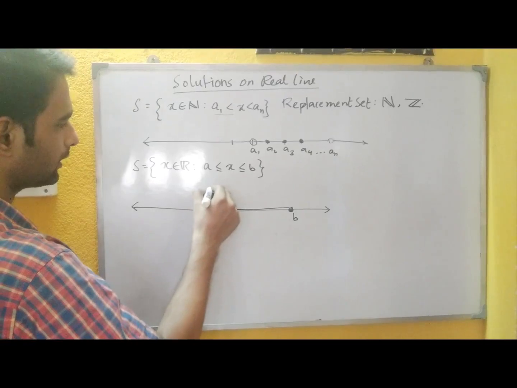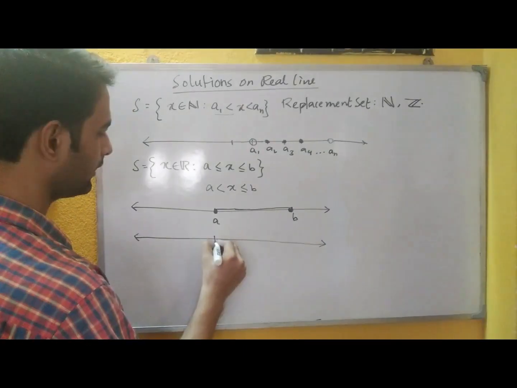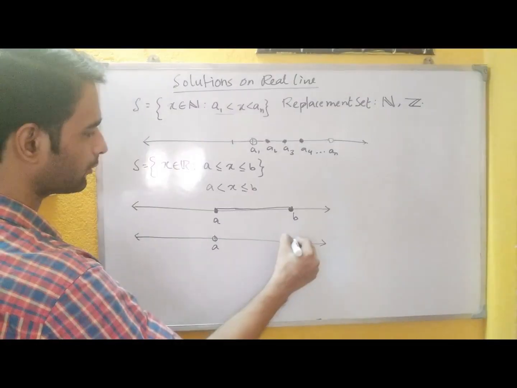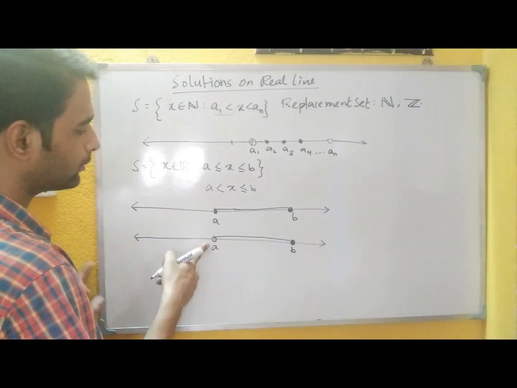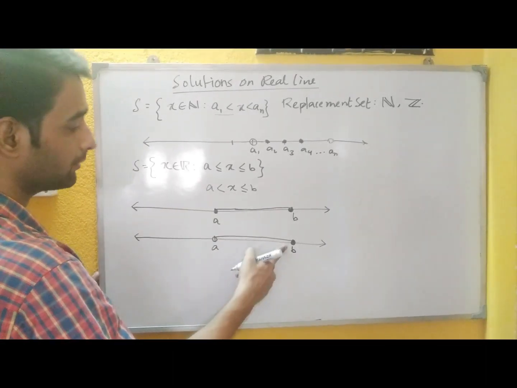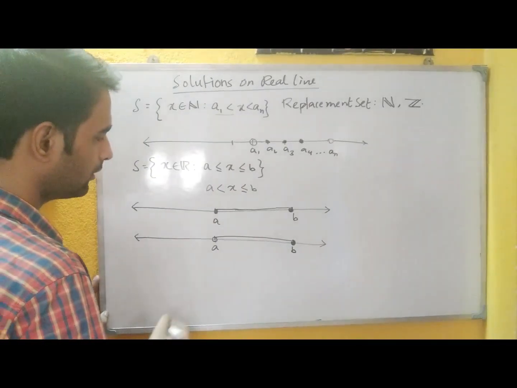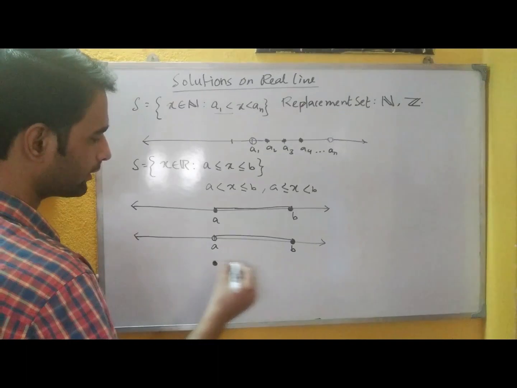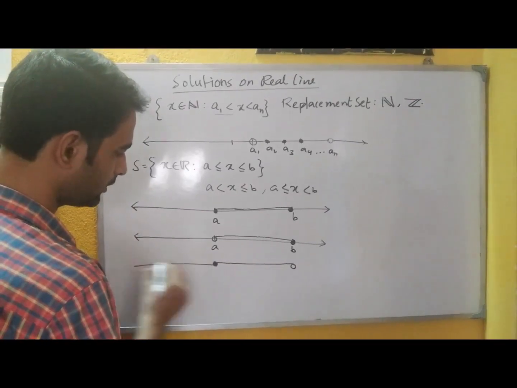But suppose the condition is like this. Then we make an open circle like this on the point A and a dark circle like this on the point B, and then join. That will mean that the point A is not included in the set, and all the points to the right of A are included up to the point B. And at the point B, this point is also included in the solution. The same goes with this: the point A will be darkened and B will not be darkened, and we will join it. So this will be the real line.